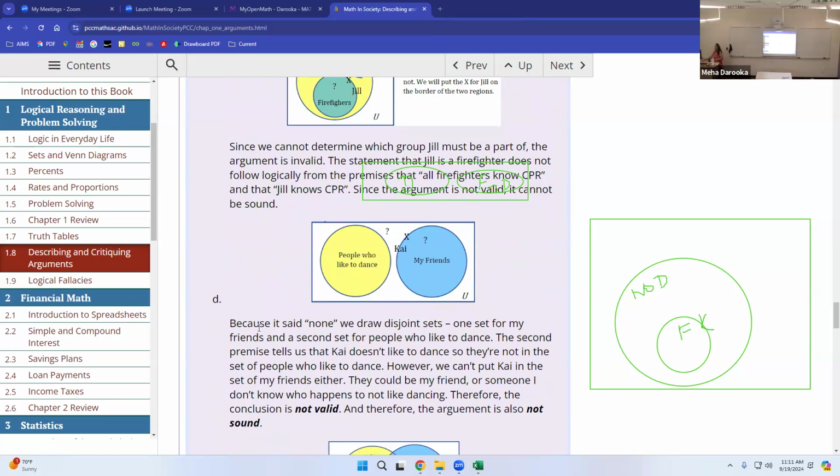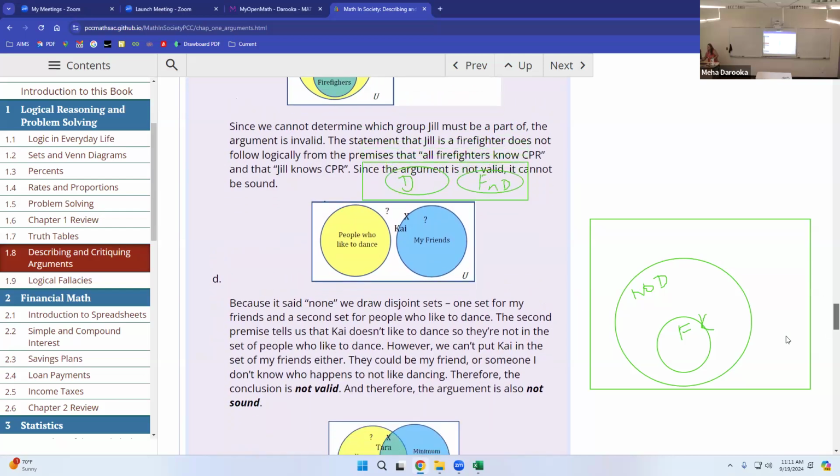this is our circle, and I'm going to try and get mine squished in there somehow. Okay, so if we are saying this circle on the left with my D is about dancing, then anybody who's outside of it technically is not into dancing. So you don't really need to create a second circle specifically for non-dancing. You can just do the second circle like we have here as just my friends, right? And so basically the idea is